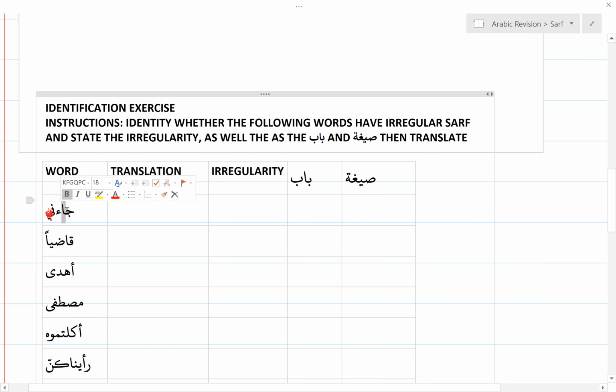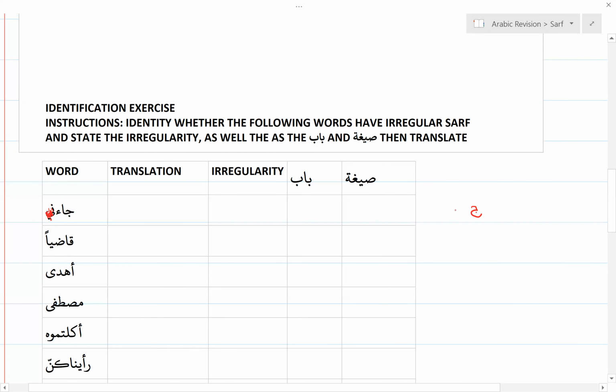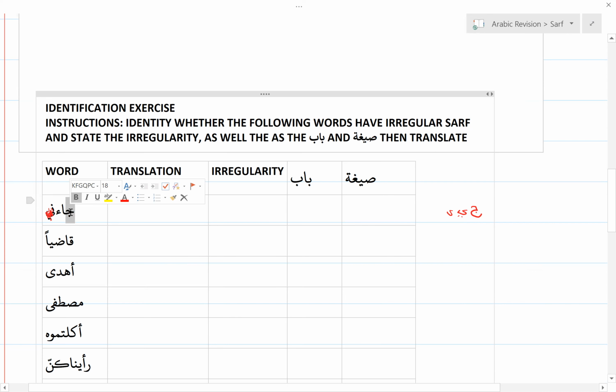Is this an ajwaf? Because it has an alif in the middle. Yes. And a mahmuz because it has a hamza at the end. Lam. Exactly. So you see, this one is a bit of a complication. So we can do the root here. So this is jim. Can you repeat the process, please? Okay, so the process is, first of all, you ask yourself, what is the fa letter? The first letter is not hamza, is not ya, is not waw. So it's not any of the irregularities that we know.